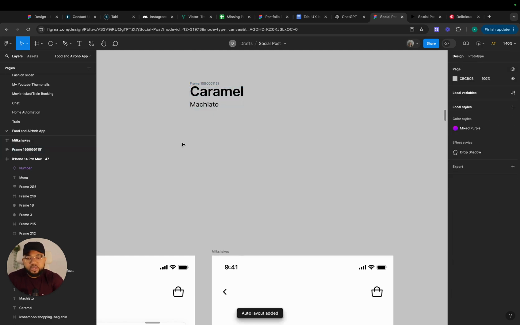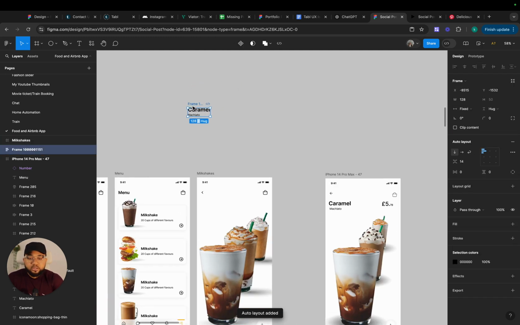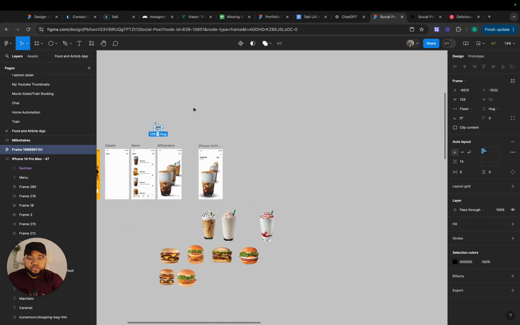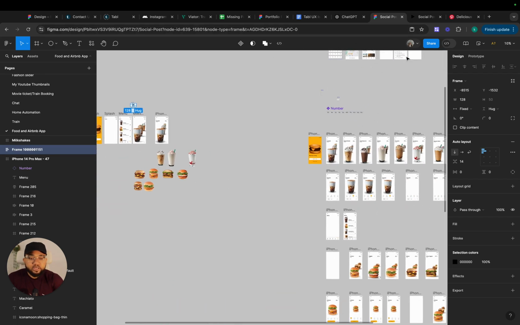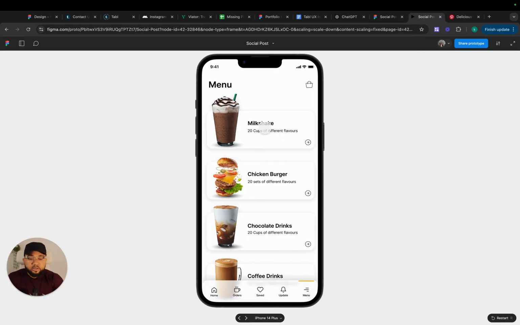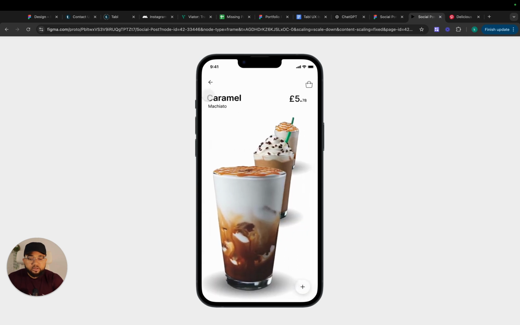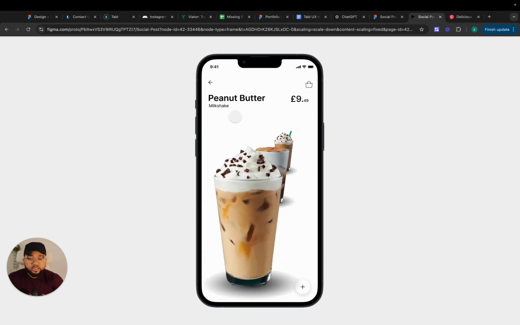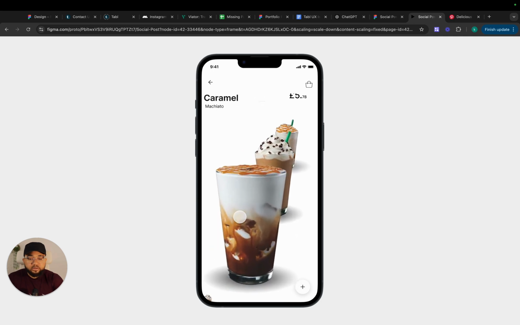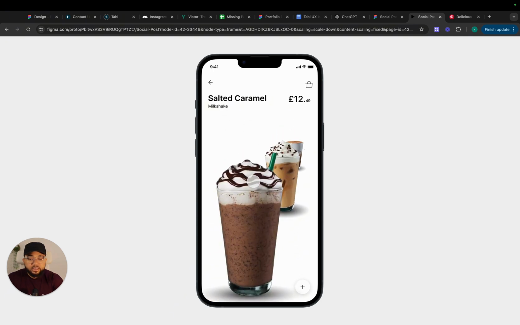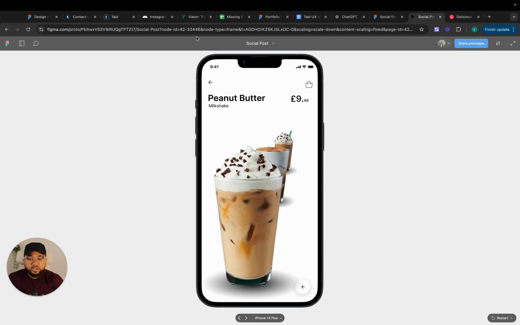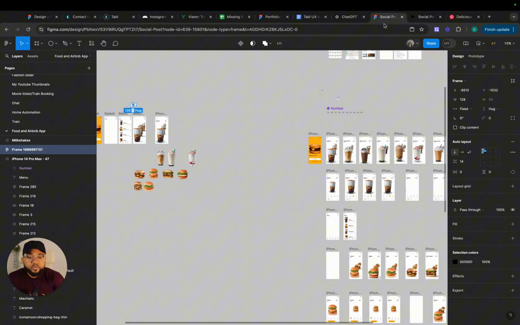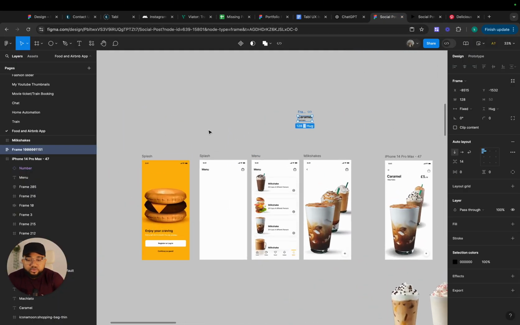So there's something I want you to do. Set these two guys to auto layout. Now what we're going to do is, because there is this effect that actually happens, look at it. When I click on milkshake, look at this. If I drag this, the next one is actually coming. Look at it. The next text is actually coming while the other one is actually moving out. So the best way to do that is to